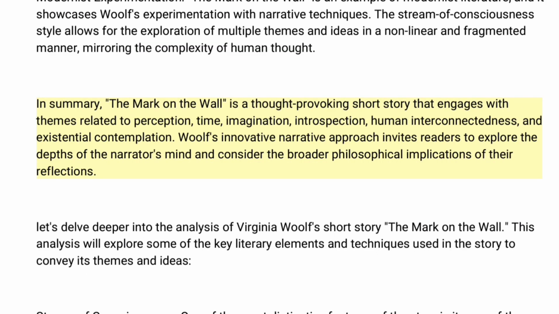In summary, The Mark on the Wall is a thought-provoking short story that engages with themes related to perception, time, imagination, introspection, human interconnectedness, and existential contemplation. Woolf's innovative narrative approach invites readers to explore the depths of the narrator's mind and consider the broader philosophical implications